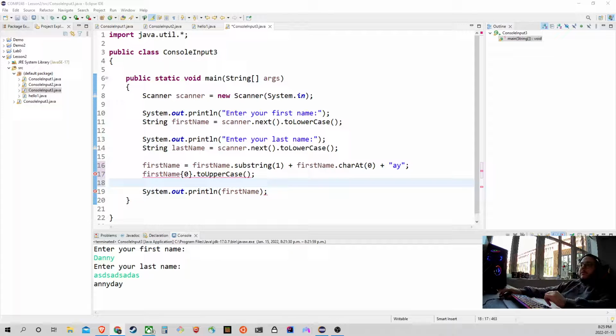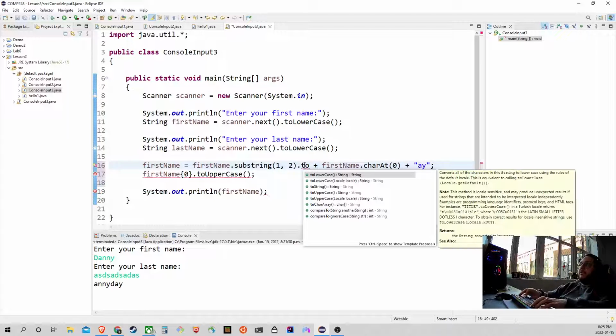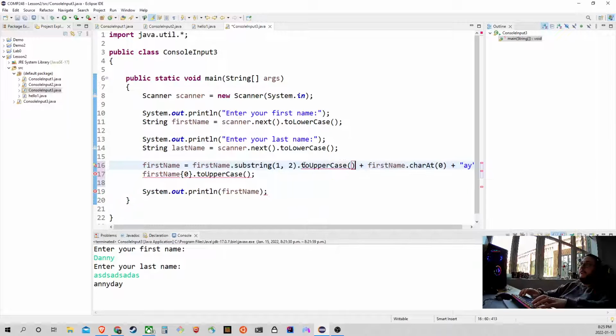Alright, that pretty much gave me the solution, but I could do it a bit jankier by isolating the second letter essentially, and then to uppercase that, and then tack on the rest, which would be first name dot